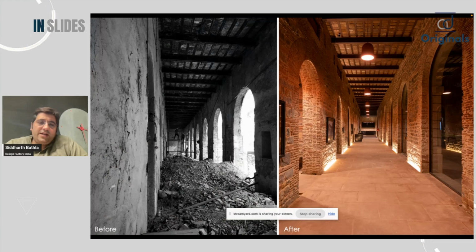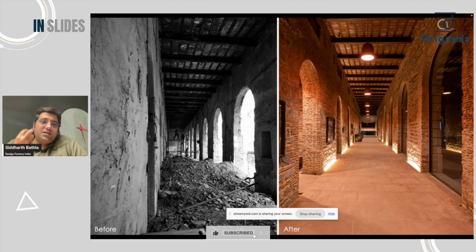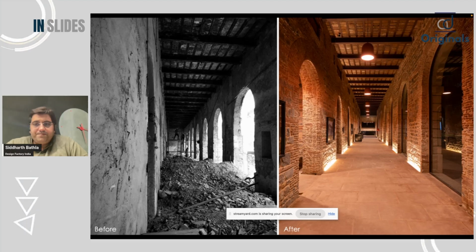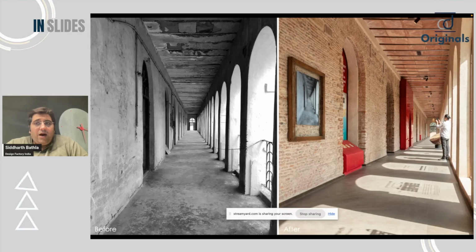Again, there was a whole history of how we need to do the conservation of this place, how it needed to use the same brick which was used in the building itself. So there's a whole sustainable way of using an old building which is being shown here, to how you do services which are not visible. Of course, the earlier barracks was not air conditioned, but this barrack is air conditioned. So how you do services which don't take away from the heritage, how you need to preserve walls.